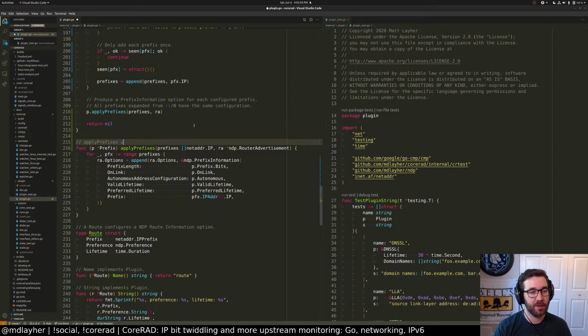Apply prefixes, unpacks prefixes into RA, into NDP prefix information options within RA. Yep. So we need to extend RA by at least that much. We can't just make it on the spot because we don't know what order the options are being applied in, but can we...